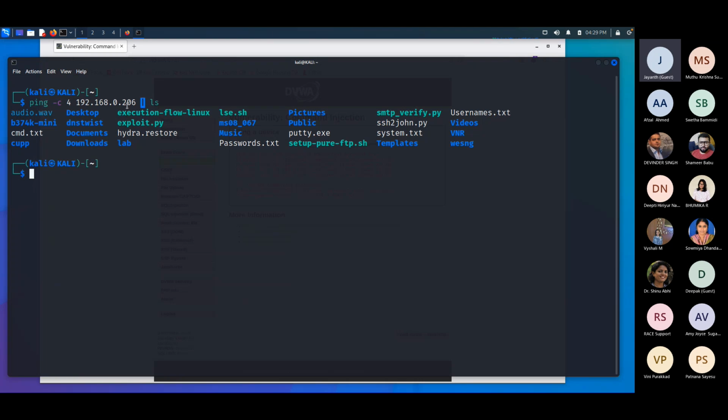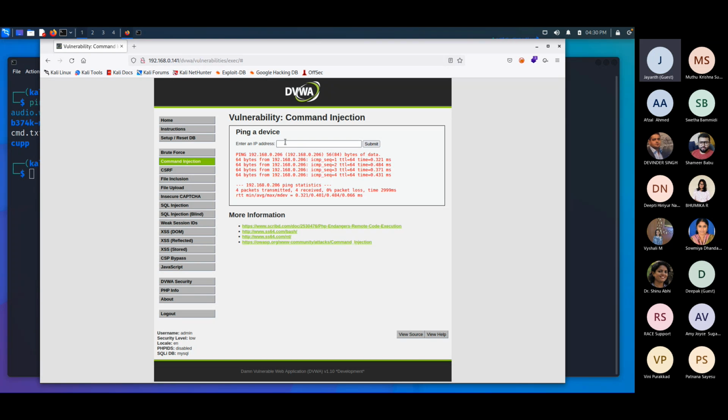The pipe here is putting the output of this command onto the input of the second command. If we know that there is a possibility of executing multiple commands from one single prompt, how about trying that here? If the web application developer is not taking care of understanding